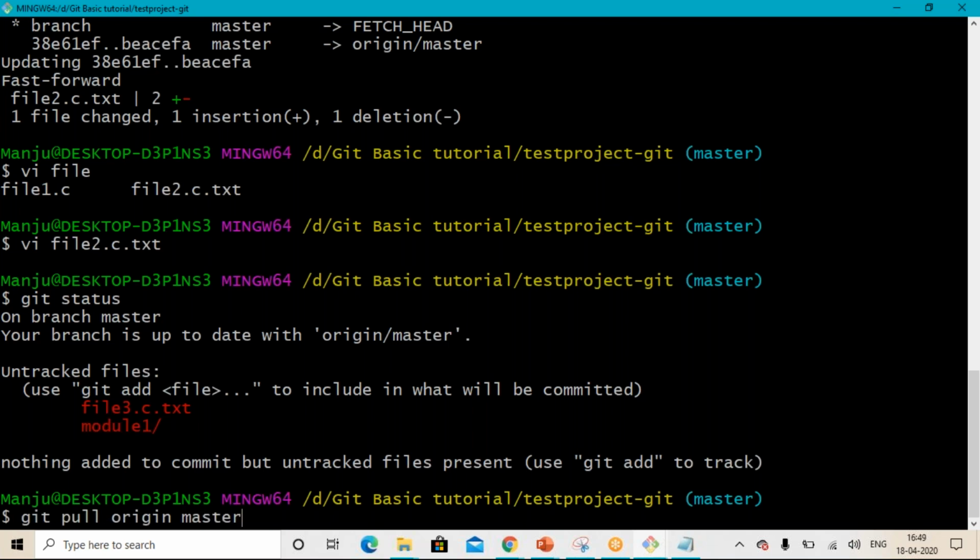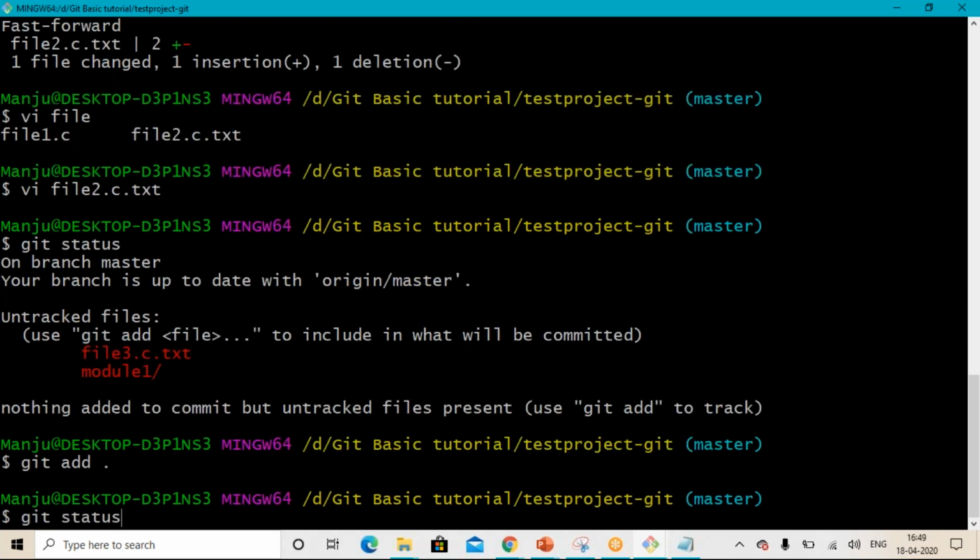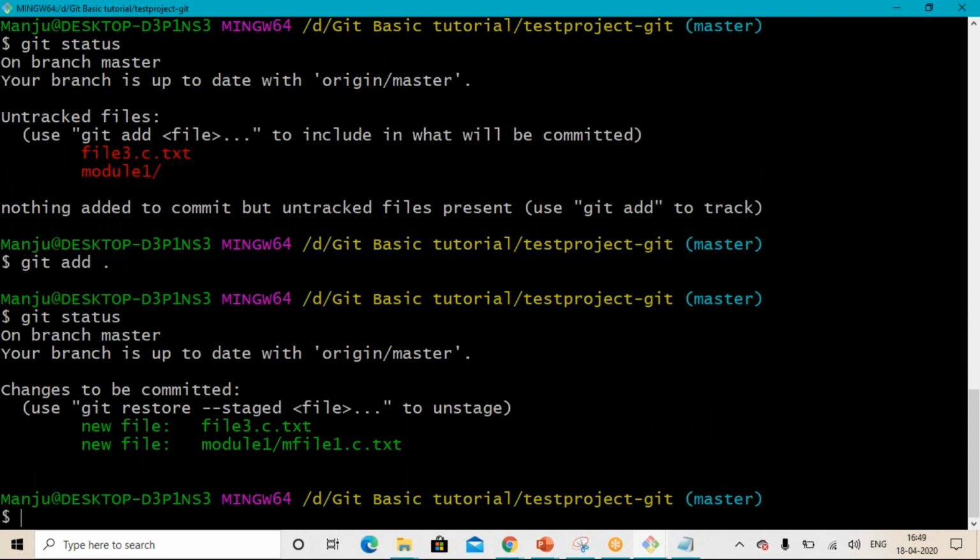When I do git add, it does not directly identify that there was a file inside that. The first time when you add it, then it will come to know that there were some files inside, so it's going to add that one also. Okay. So now if I commit these changes,